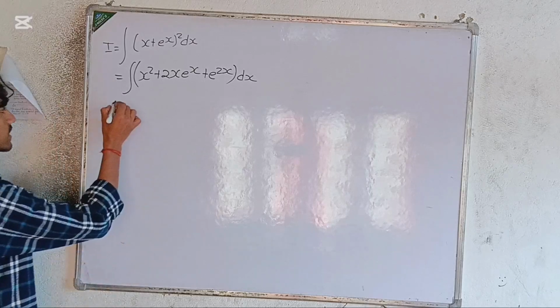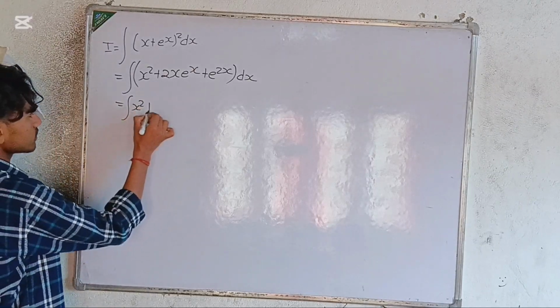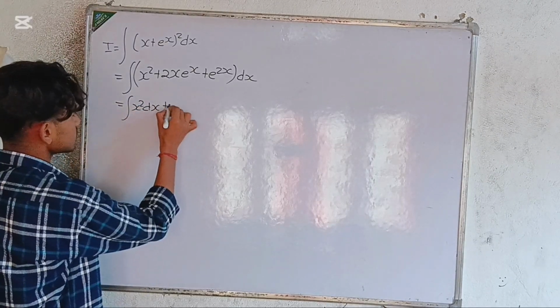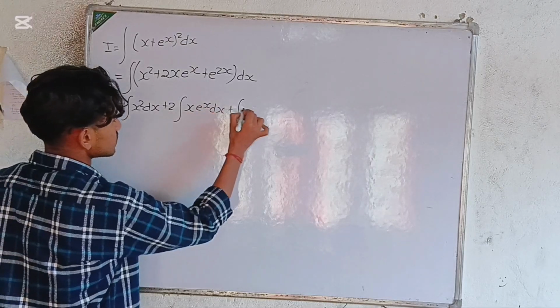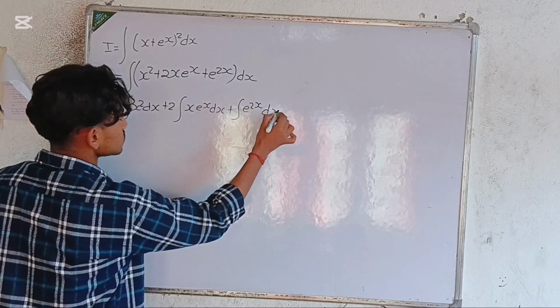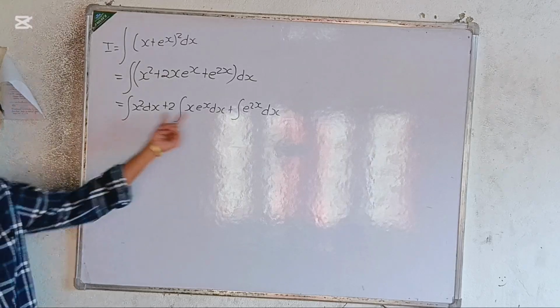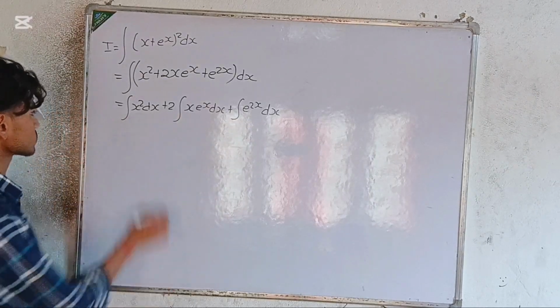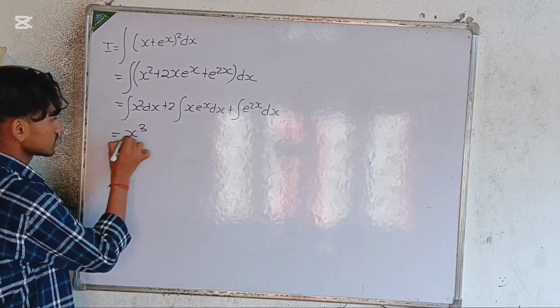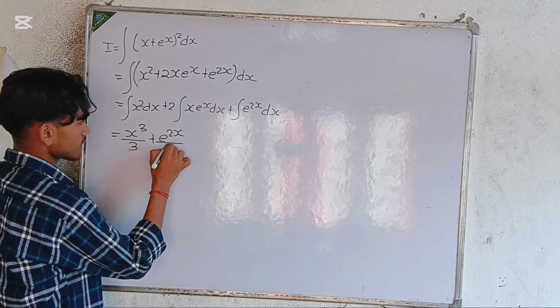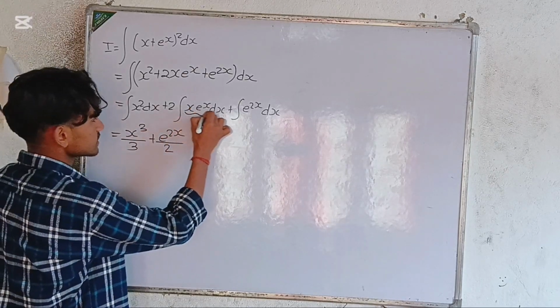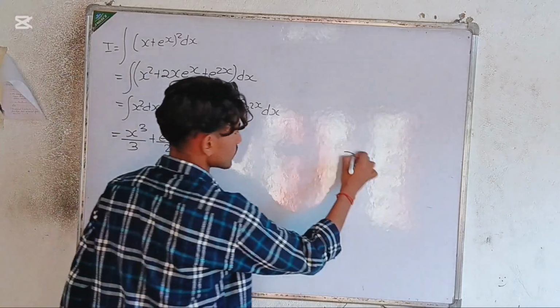So let's separate this integral because it looks very non-intuitive: integral of x e to the x dx plus integral of e to the 2x dx. Now we know how to compute these easily, as x cubed over 3 plus e to the 2x over 2. But we are interested in this term. So how are we going to get its